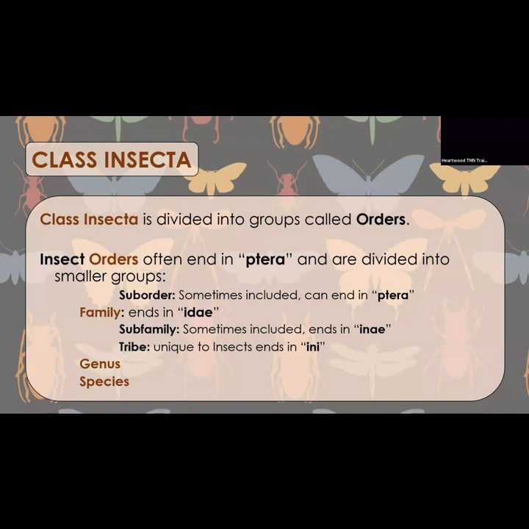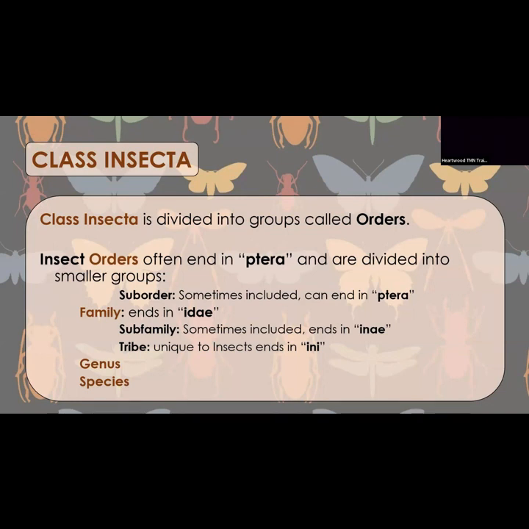So it's not an all the way, but I like to put these little things, because things like that help. Again, it's not an always. Most insect orders end in Ptera, because Ptera is regarding wings, and wings are important to insect evolution. So you'll notice a lot of insect orders will end in Optera. There can be suborders sometimes, and there'll be Optera as well.